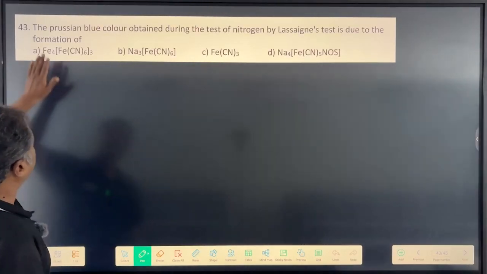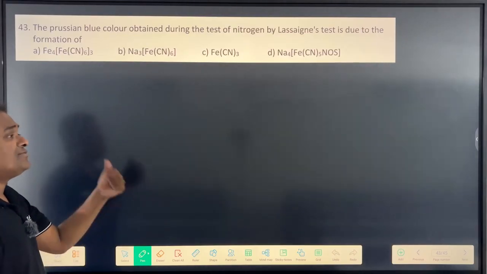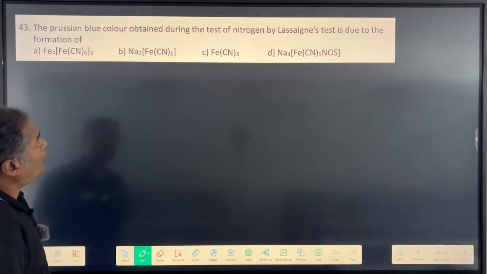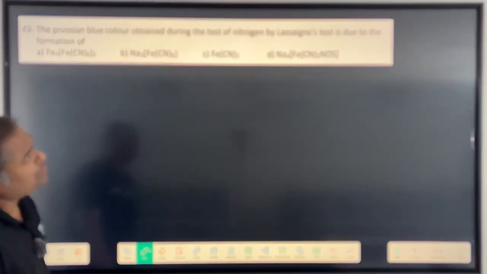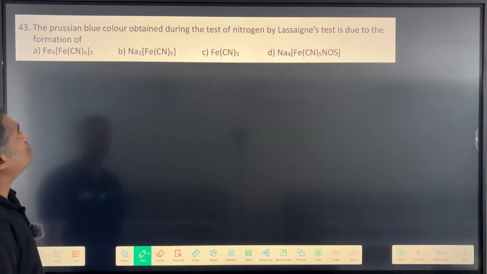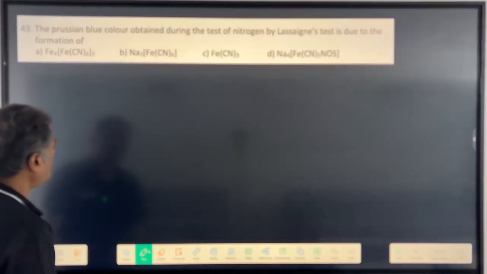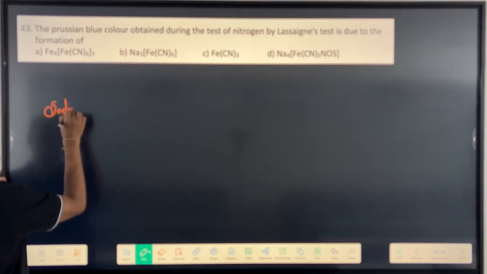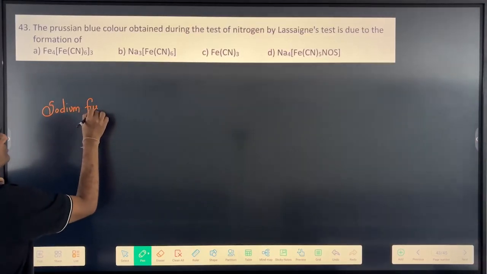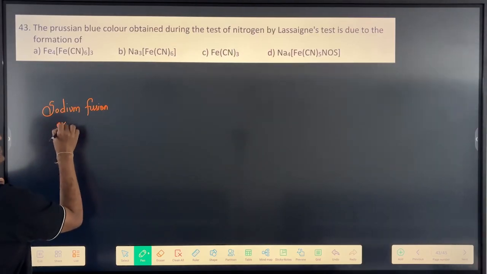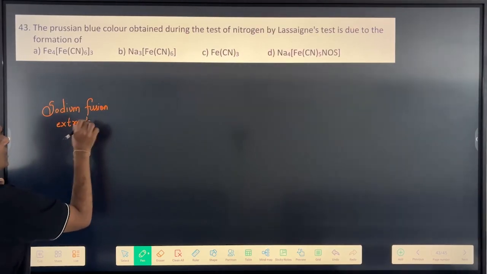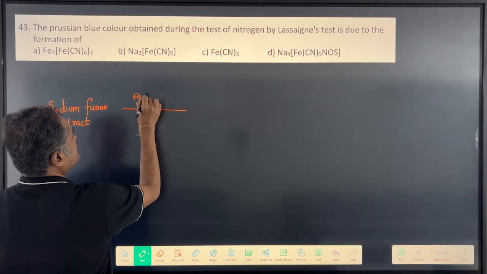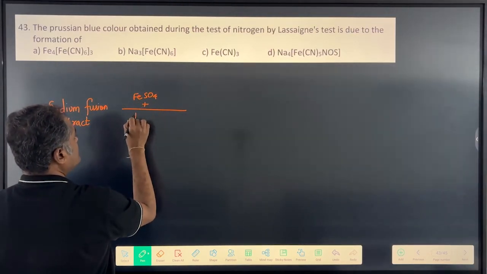Now child, this question is from the chapter Practical Organic Chemistry. Persian blue color obtained during the test of nitrogen by Lassaigne's test is due to formation of what? Now child, if you remember, Lassaigne's test is nothing but the sodium fusion extract test. When the sodium fusion extract is treated with ferrous sulfate along with H2SO4,